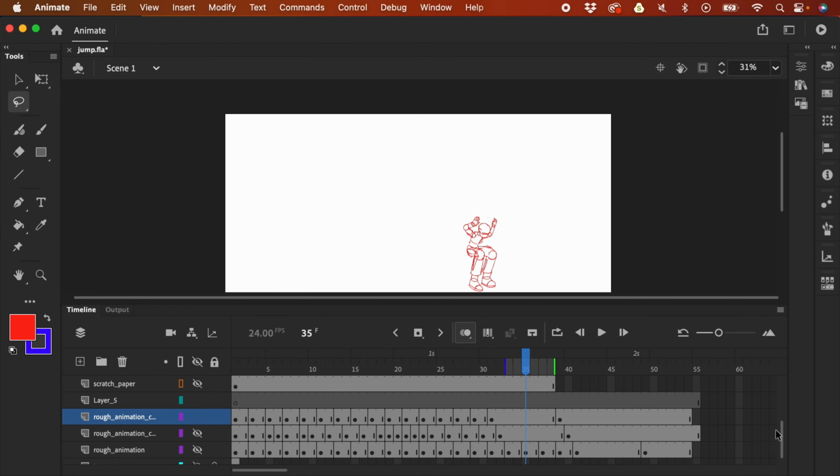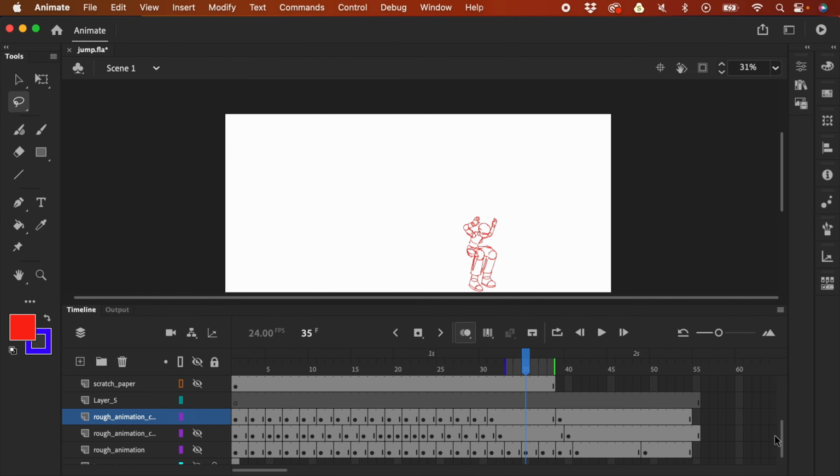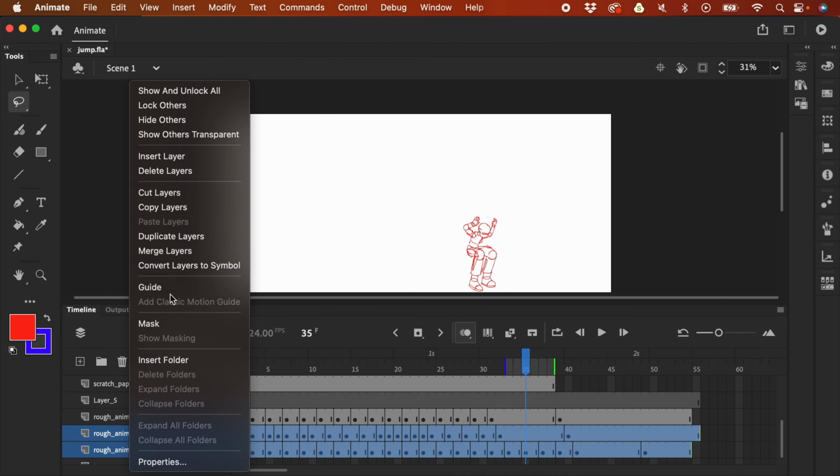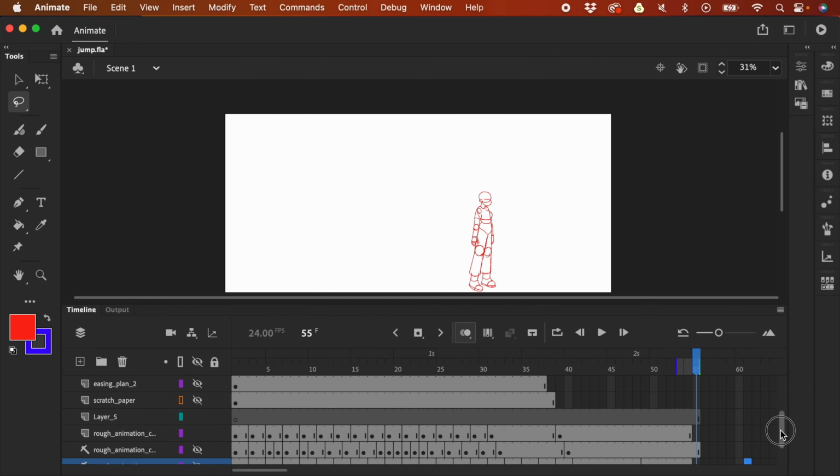So now we could go back again, and let's take a look at our plan. So this is what I'm going to use now. So I'm just going to turn these two as backup. I'm going to right click and then make this just a guide. And let's go back again to our easing plan. So I'm just going to bring the easing plan up until here, and again